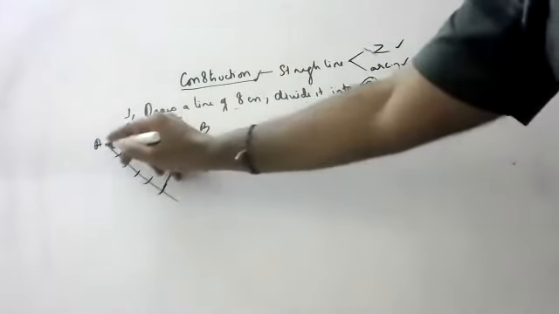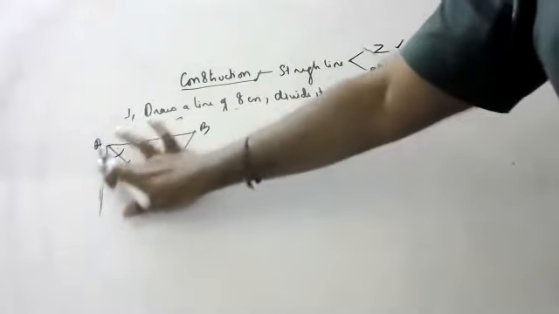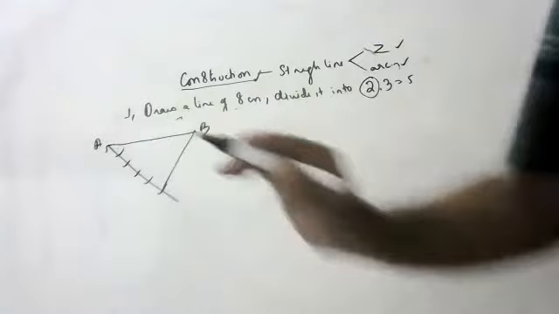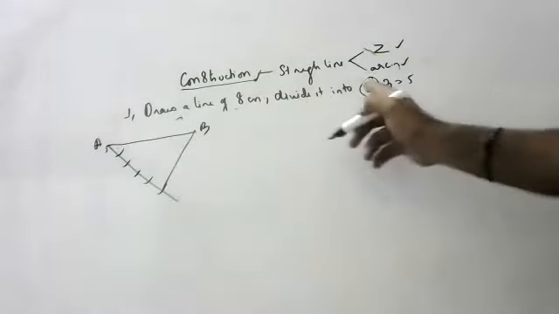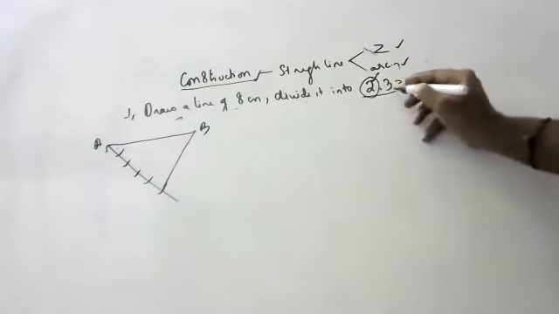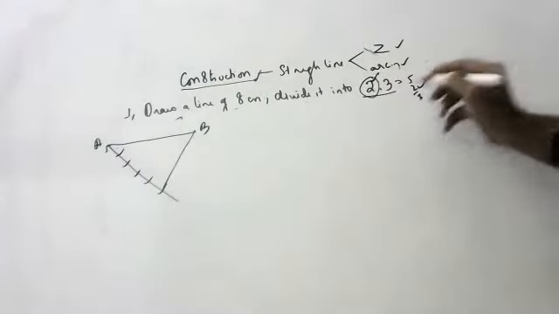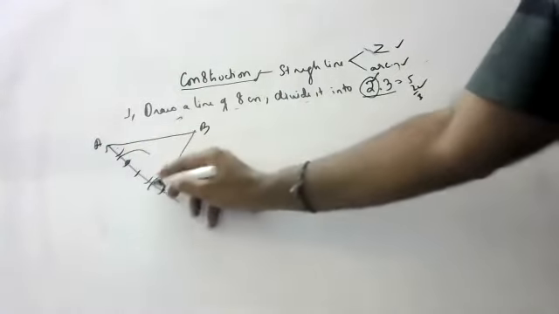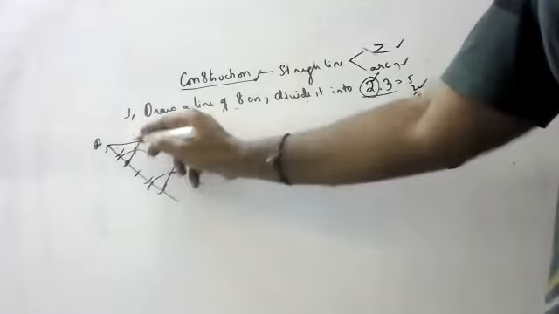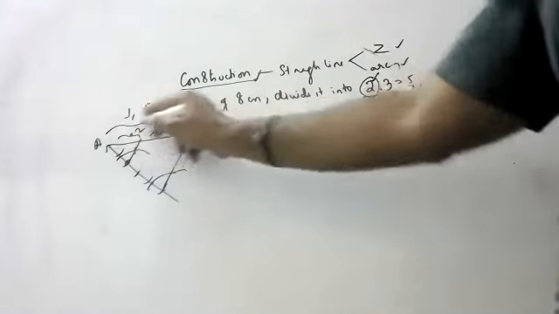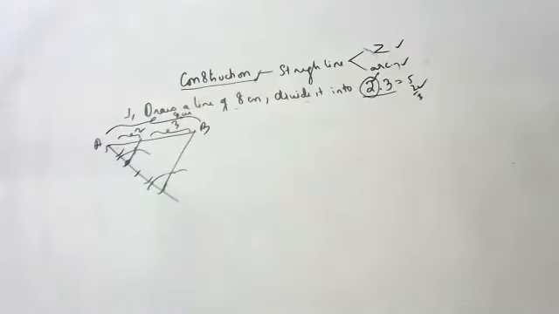Acute means less than 90, that's all. There is no construction for that. Directly you can draw. They won't ask you how much this angle is. Okay, so 2:3 means, children, from the second part you draw a parallel line. See, children, 2:3, no? So from the second point you draw a parallel line. How to draw a parallel line? Put the compass here, take this distance, join this. So this is two parts, and this is three parts. 2:3 is the ratio of the 8 centimeter line. Like this you have to draw. I hope you understood, children.